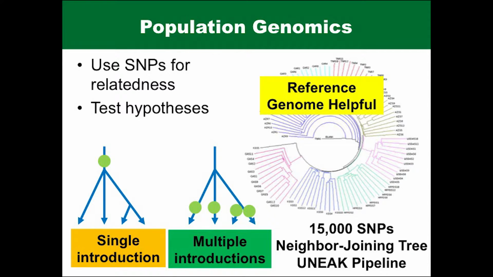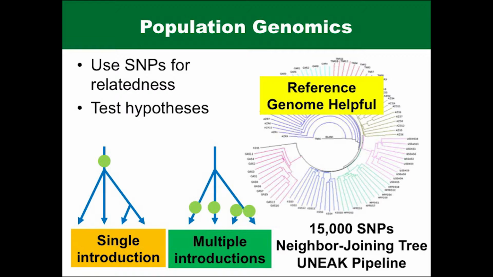And one of those is then what's called population genomics. So rather than population genetics, we're kind of looking at the whole genome now. So what you can do here is you use these SNPs to test whatever your hypothesis is. Maybe you are looking at introduction of an invasive species, and you want to understand, was it introduced once or was it introduced multiple times, and look at relatedness between populations and see what kind of tree it fits, whether it's consistent with a single introduction or multiple introductions. So when you're sampling across the entire genome, you really can get quite a fine layer of detail